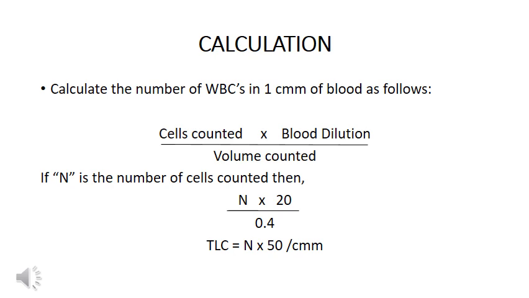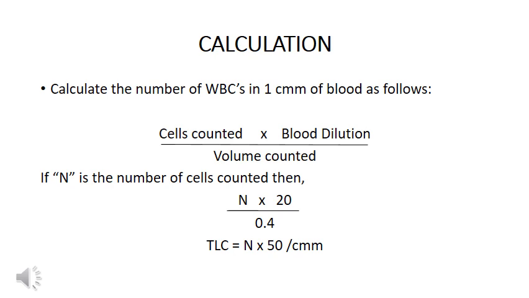Here is a very important thing: how we can calculate the WBCs in 1 cubic centimeter, or 1 cmm of the blood, as follows. There's a simple formula. Cell counted means the cells you counted in all four boxes of the Neubauer chamber. The number of WBCs you counted in those four boxes, you multiply by the dilution, that is, how much dilution we made. Of course we have made